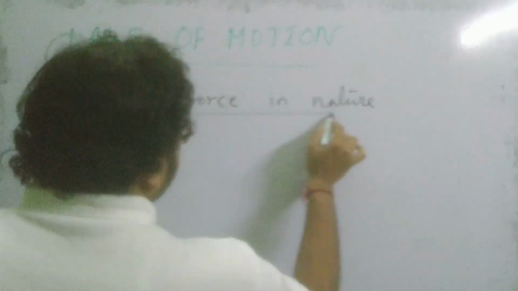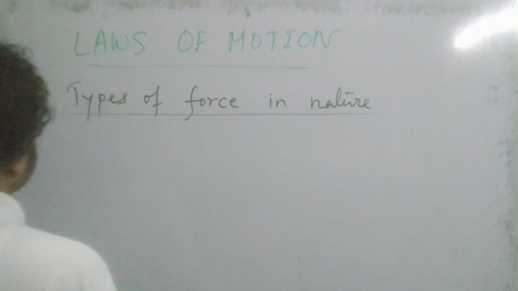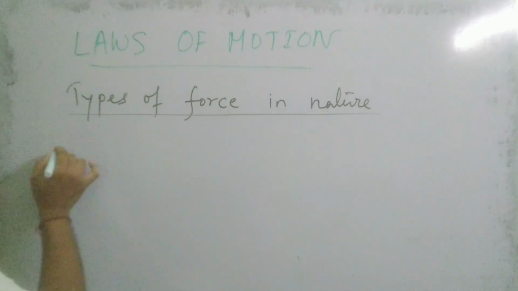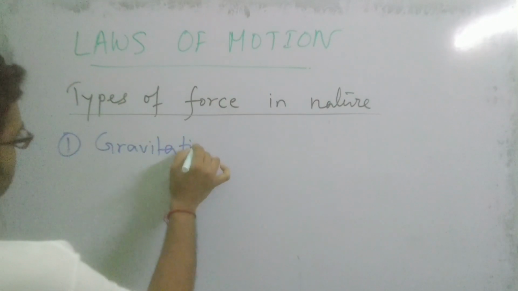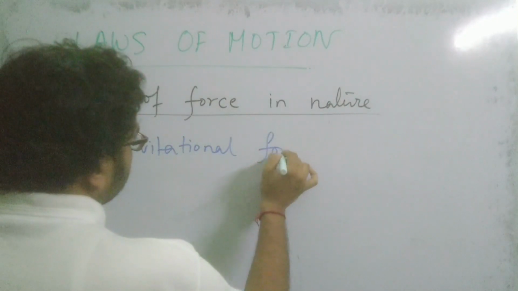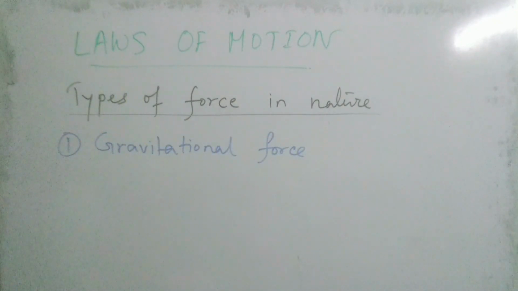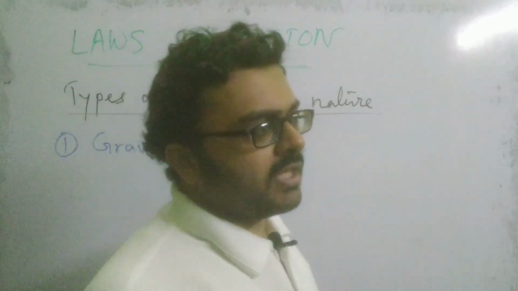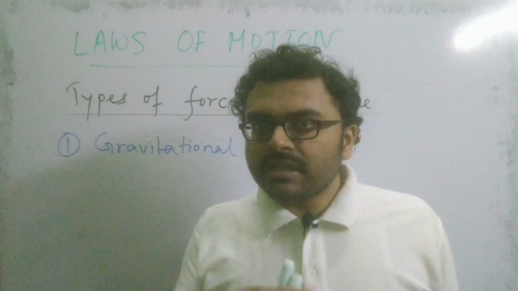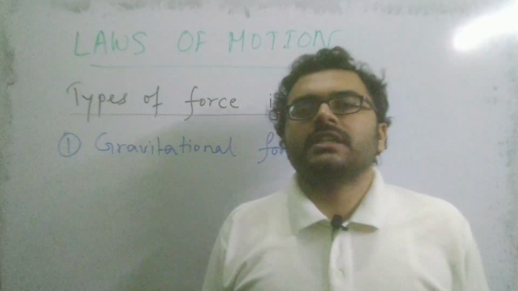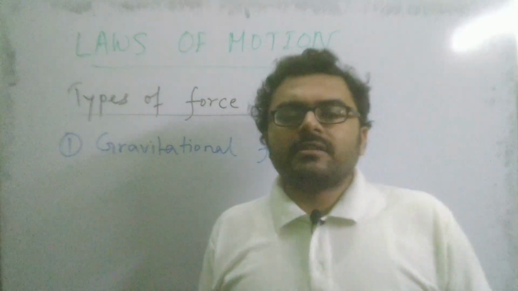Okay. First of all, the first force that you can very commonly see around you is the gravitational force, isn't it? Gravitational force. Okay, so this is the force that exists due to the property of matter called mass. So basically gravitational force always exists where there is mass, because any mass has this property of attracting other mass, and this force with which a mass can attract another mass is called